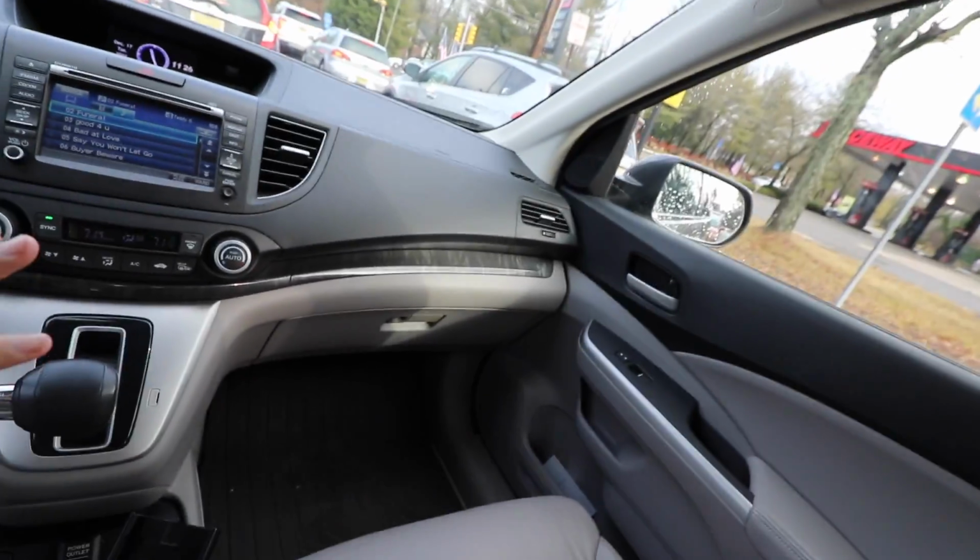Now, I must say the interior of this car is actually kind of pristine. It's in mint condition for how many miles are on it. It's at 119,000 miles. The thing is still running like a tank. My only concern right now is if it'll be able to tow the bike down. We're still gonna try. We're gonna hook the U-Haul up and make our way down. If it breaks down, it breaks down. But theoretically, this thing should be running